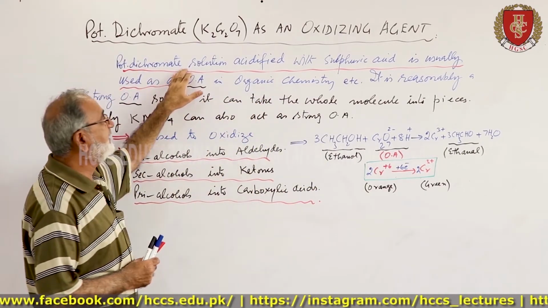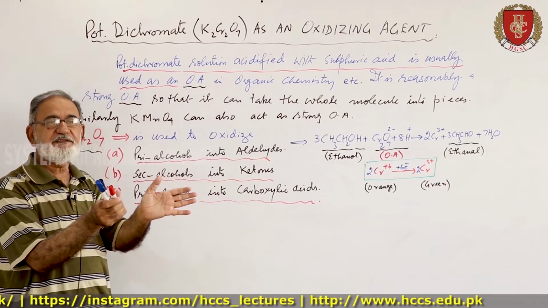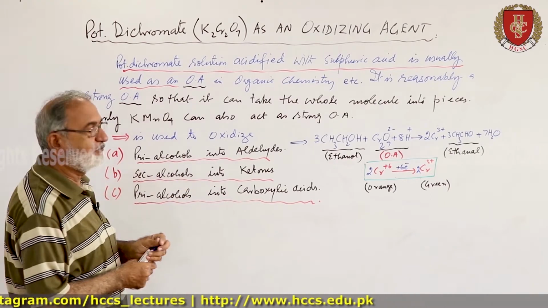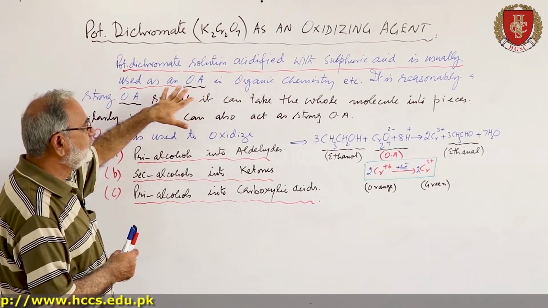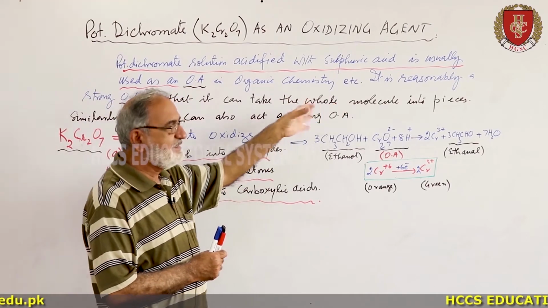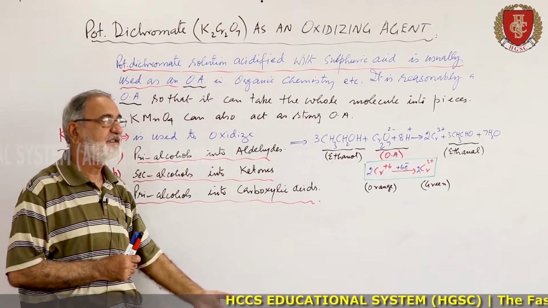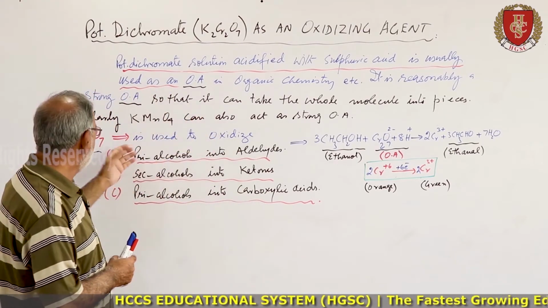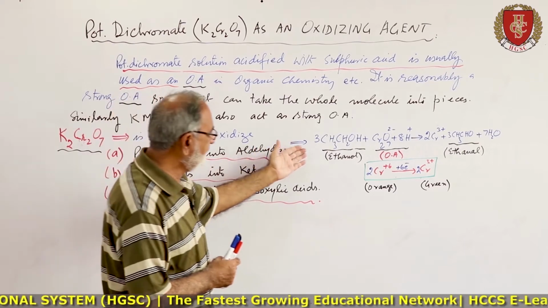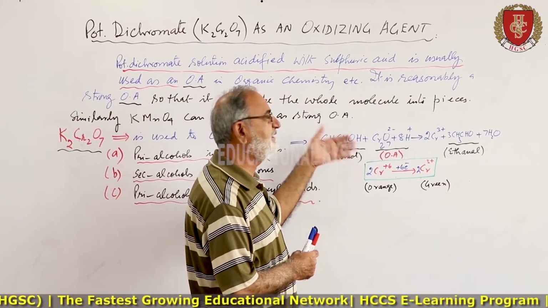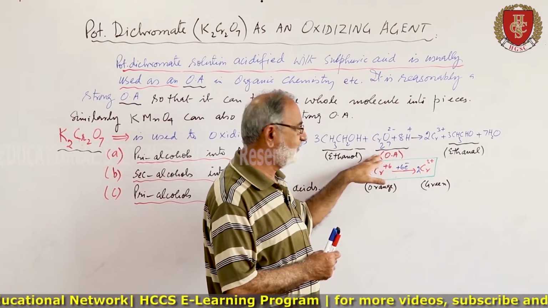So potassium dichromate, when acidified, that is the acidified solution of potassium dichromate, will act as an oxidizing agent. It oxidizes various compounds, especially it is used for the oxidation of various compounds in organic chemistry. For example, it is used to oxidize the primary alcohol into aldehyde. If we take this primary alcohol, ethanol or any other primary alcohol, this acidified potassium dichromate is your oxidizing agent,